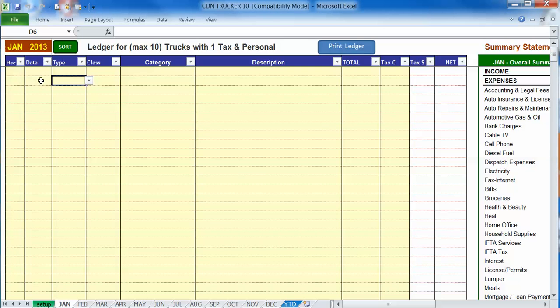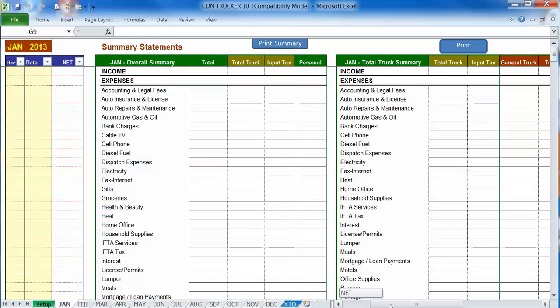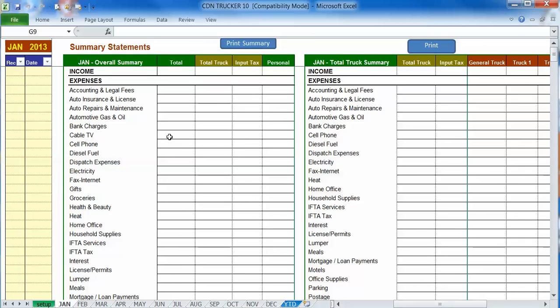The screen you're looking at now is the monthly screen. At the top left you can see that it's January, and at the bottom you can see there's one tab for every month. On the left side of the screen is where you make all of your income and expense entries. Then on the right side of the screen there are two summary statements that are being automatically populated as